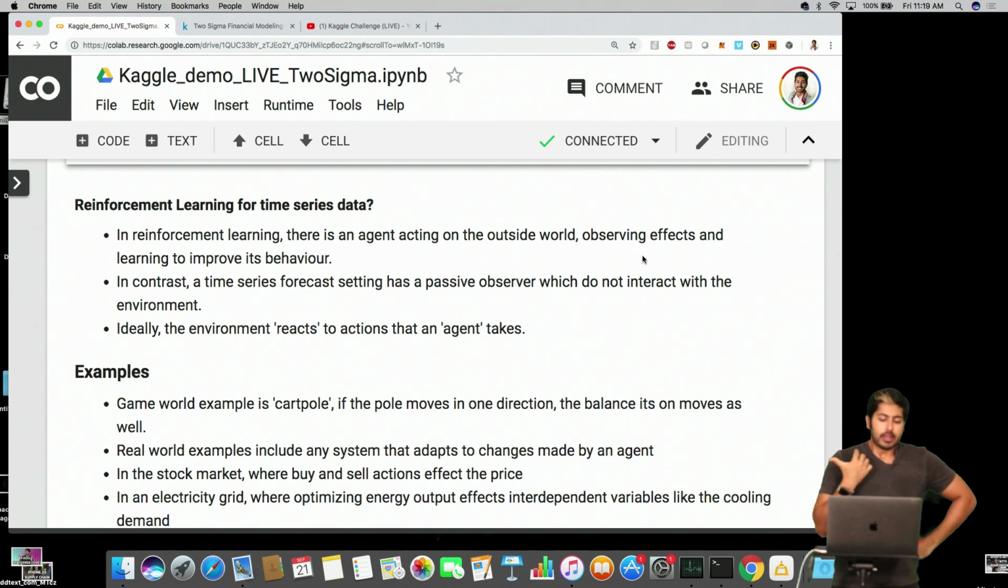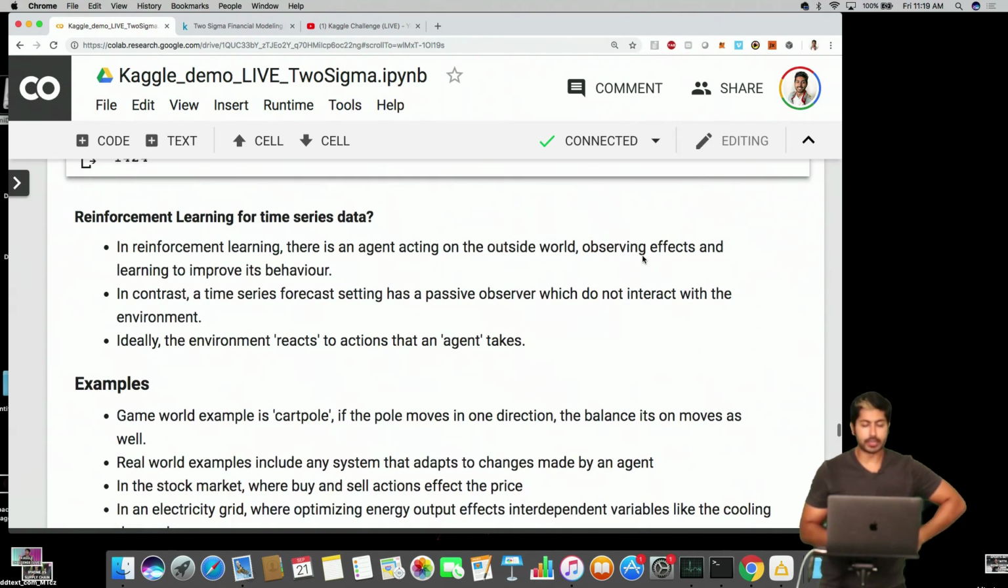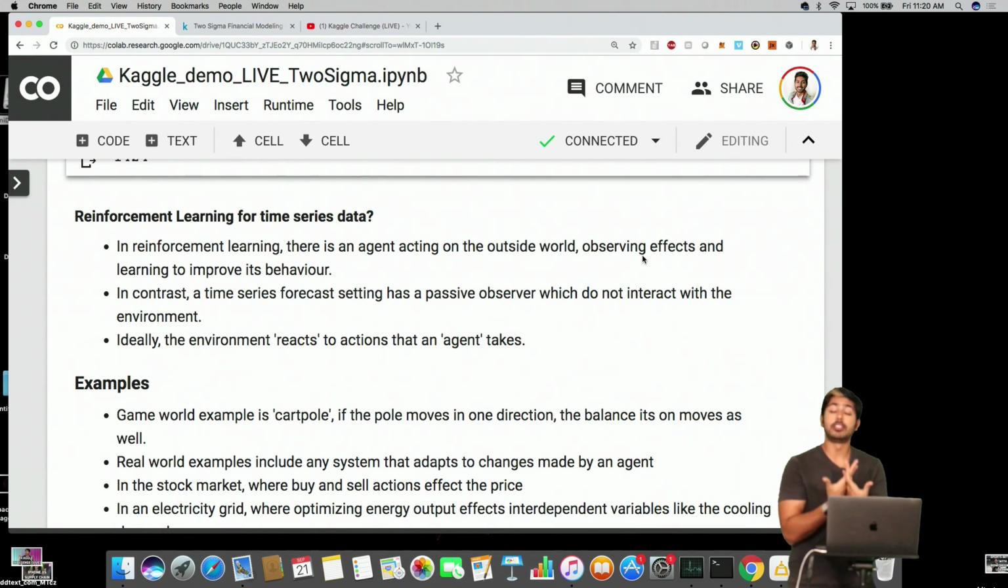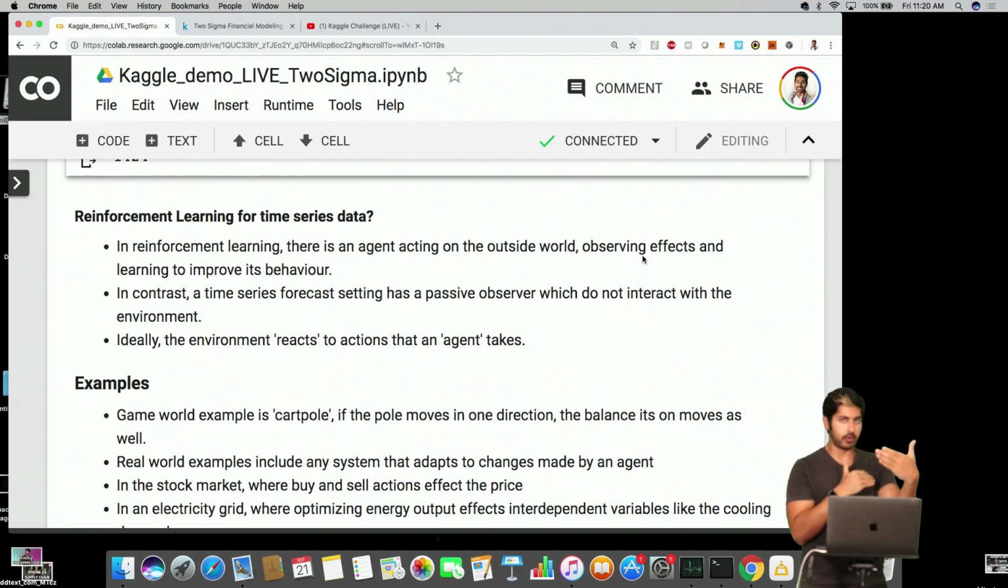So in reinforcement learning, there is an agent that is acting on the outside world. It is observing the effects of the environment and it's learning how to improve its behavior. That's why we see it being used so often in games, right? But in contrast, a time series forecast is a setting where there is a passive observer. So the agent is passively observing the data set, and it's not really interacting with the environment because the environment is not reacting to the agent. It is a one-way